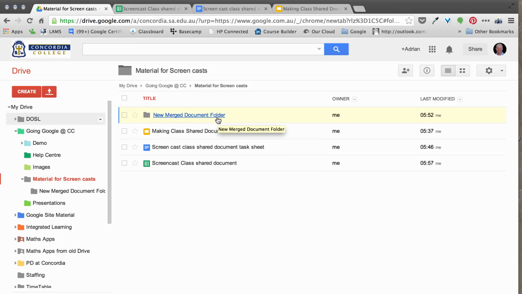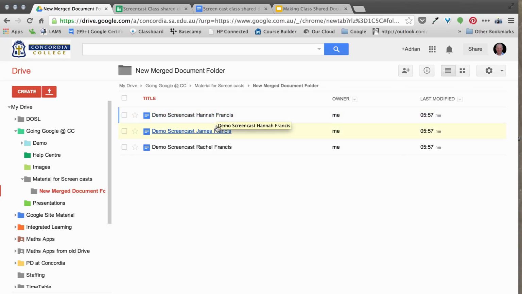When you come back to your folder where you created it in, you'll find there's now a new merge document folder. You can change the name if you want for this because it makes it easy for you to manage. If you open that up, you'll now find that you've got the documents for all your class sitting in there. So it's all ready to roll. It's sitting there quite nicely. So if I now open up this first one,